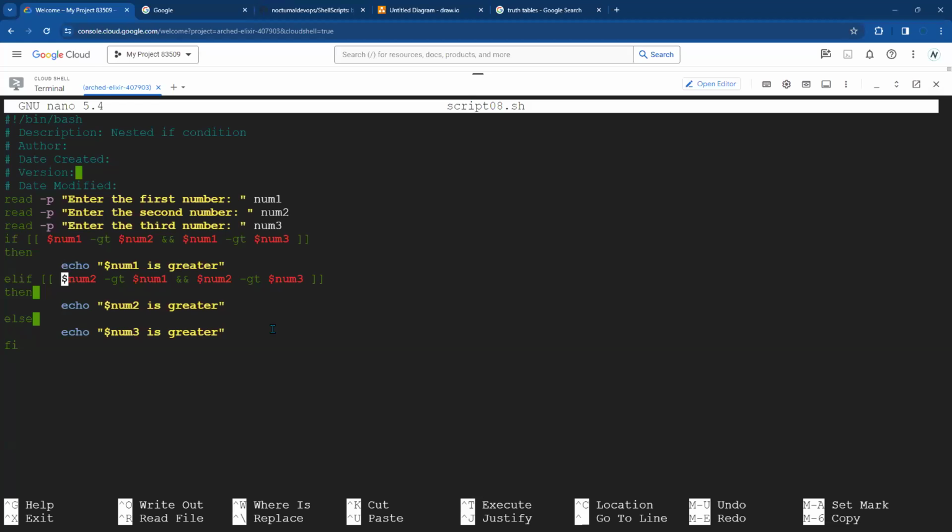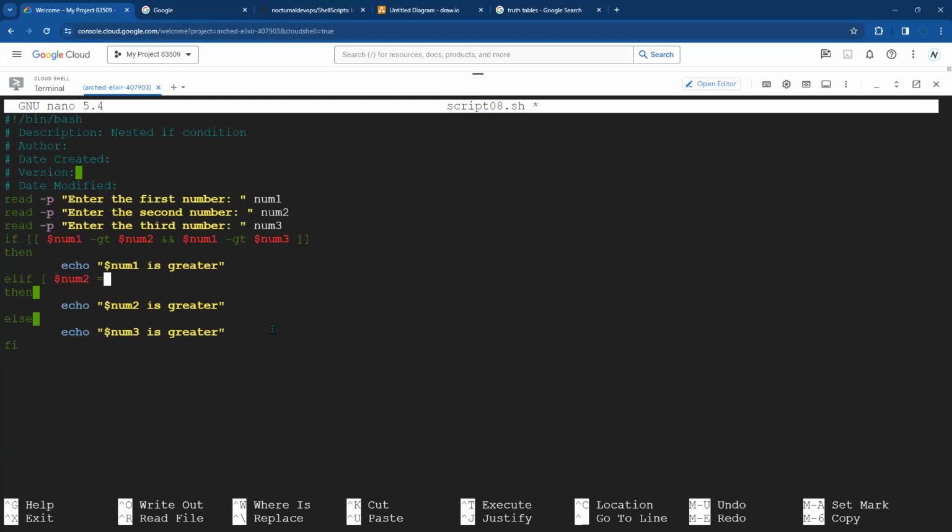Now here I'm saying if 1 is greater than 2 as well as 1 is greater than 3, then say 1 is greater. Suppose the first statement does not become true, then what happens? What does that mean? Yeah, ABC, there are three people. A is not taller than B. Then is there again what's it? Once A is not taller than B, then obviously it means either B or C is taller. So what we do here is we are comparing 1 with 2 and 1 with 3. If that is not true, then go to another statement and do a comparison saying